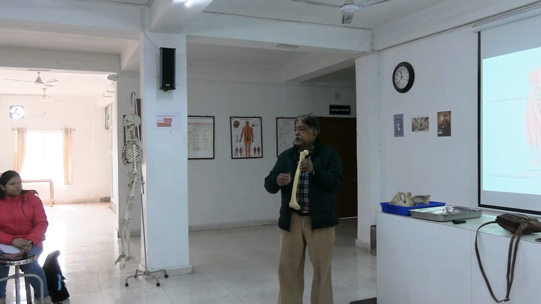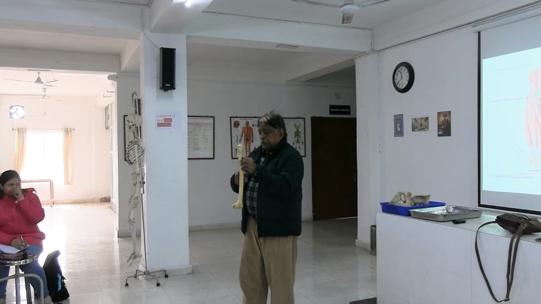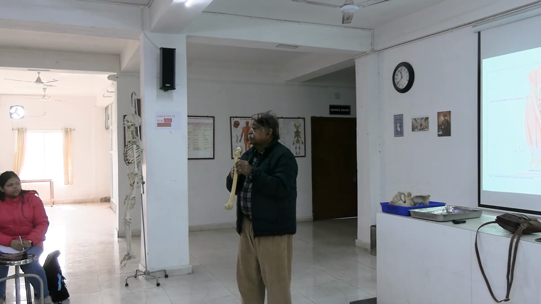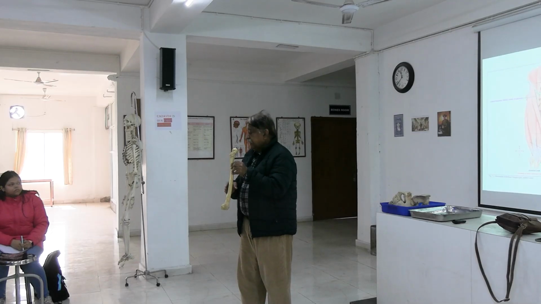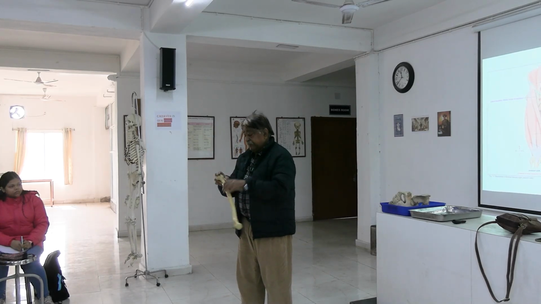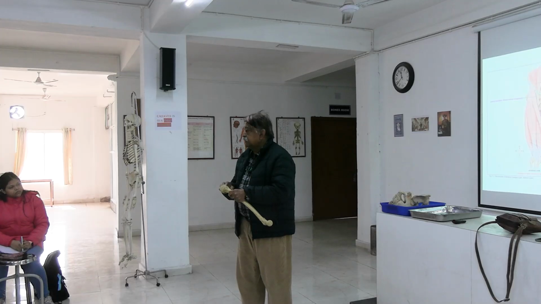the convex surface anteriorly, convex surface posteriorly. And you see the shaft of the femur. It has a ridge that is known as the linea aspera, that continues up to this portion. This is the condyle. Now, you can see these portions. This is the synovial membrane in relation with this. Now,